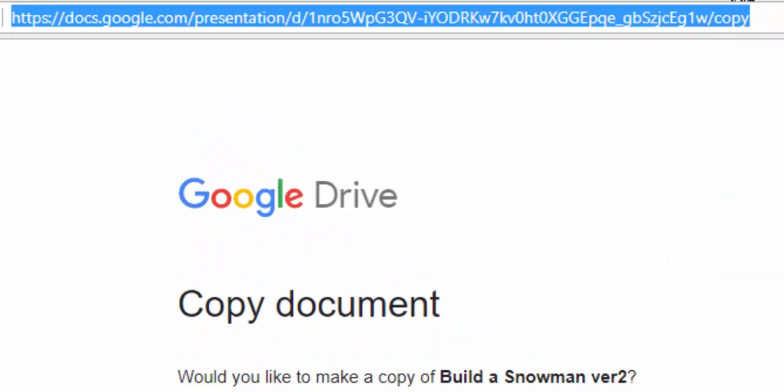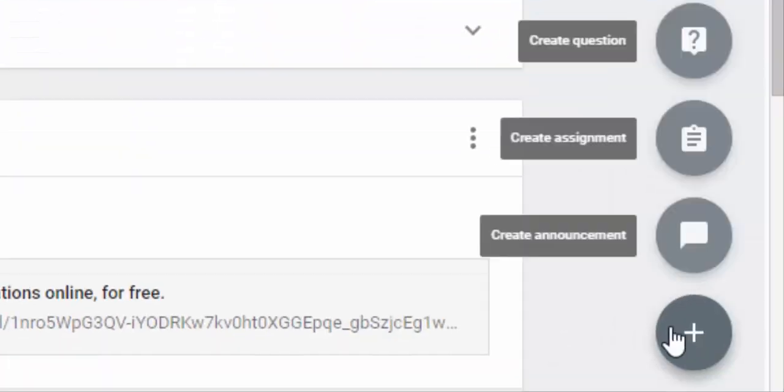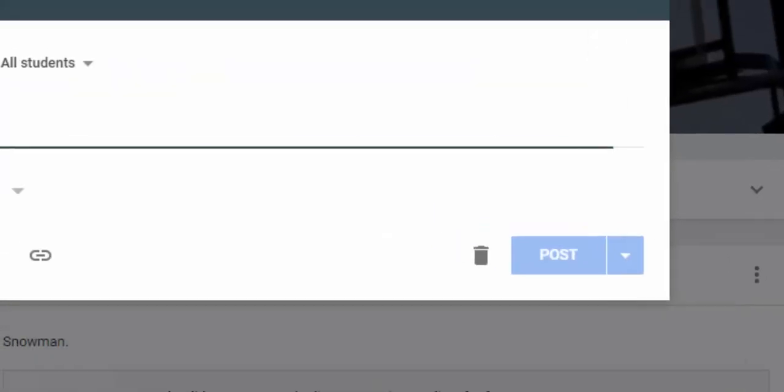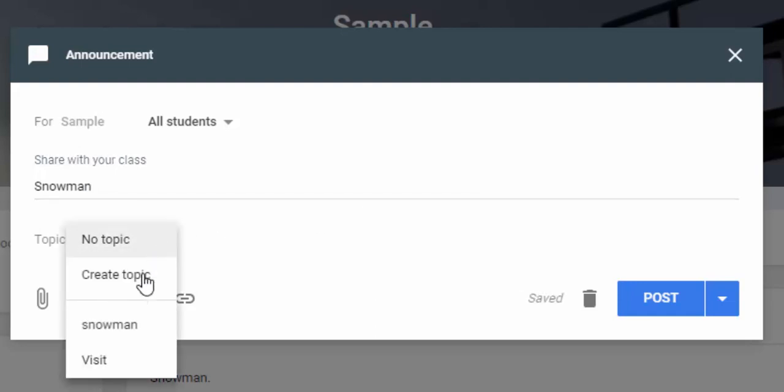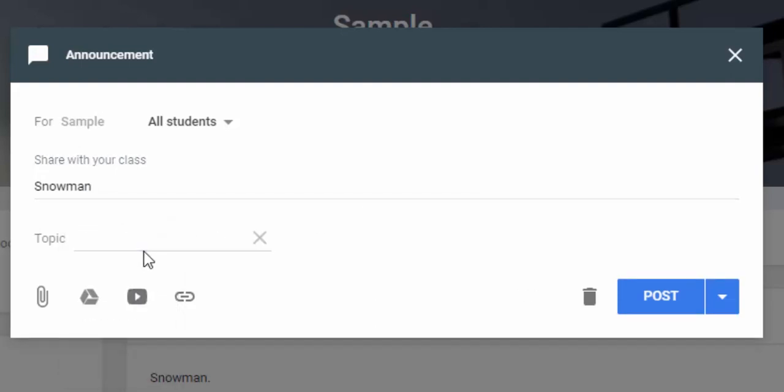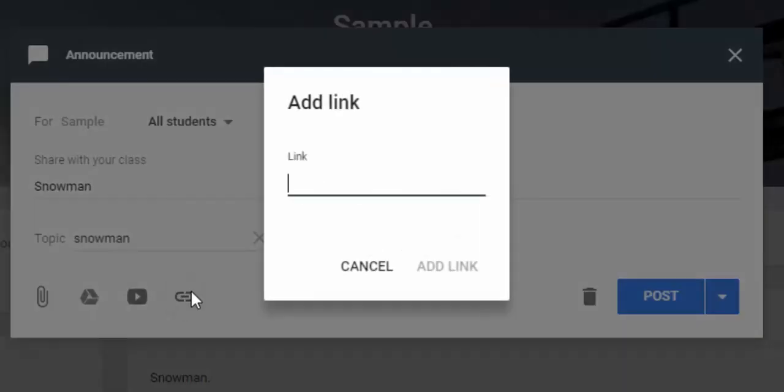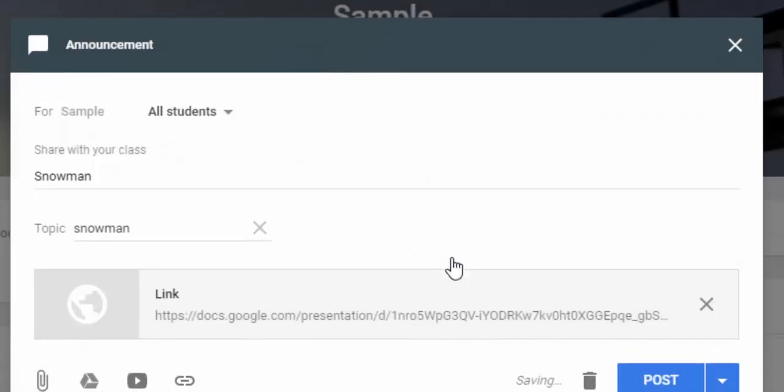Now, I'm going to copy this URL, and what I'm going to do is use Google Classroom. I'm going to create an announcement, and I'm just going to call it Snowman. Obviously, call it what you will, and then I'm also going to create a topic and call it Snowman. That way, later on throughout the year, if they want to come back to this, they certainly could. I'm going to select link, and I'm going to paste it in, add the link, and you can see copy